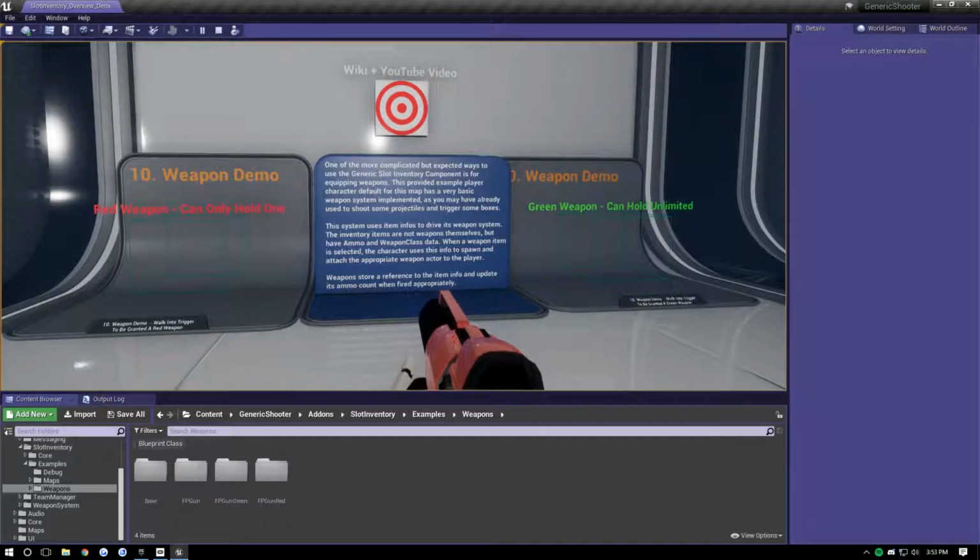In this video, I'll be covering how the provided weapon sample works within the generic slot inventory component package. Now, your weapon system might not have to work this way. This is just an example on how to drive a weapon system. In fact, this same component drives the generic shooter weapon system, which works slightly differently, but the core concepts are